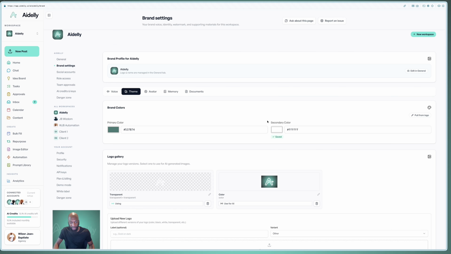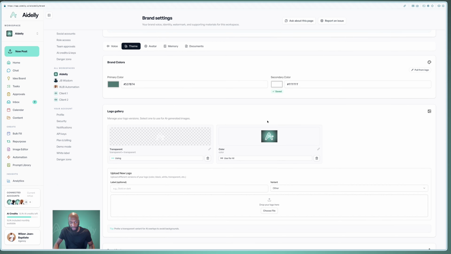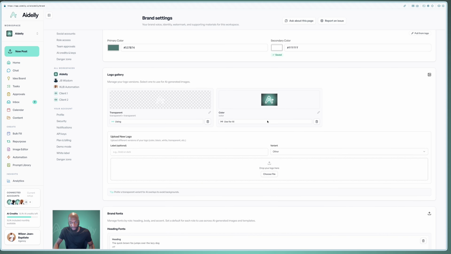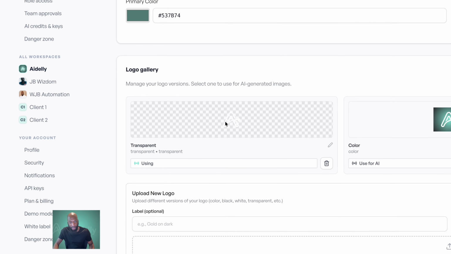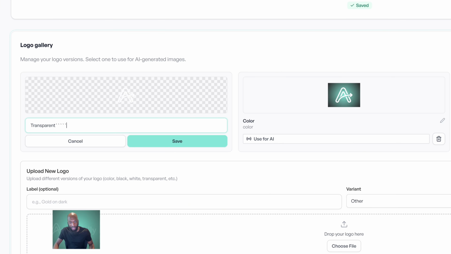There you go. Awesome. Now, scrolling on down, we have the logo gallery. The logo gallery is just a centralized place where you can manage your logos. So, for example, I have a transparent logo here, and I have a colored logo here. As you can see, transparent, color, and I can edit the logo here,